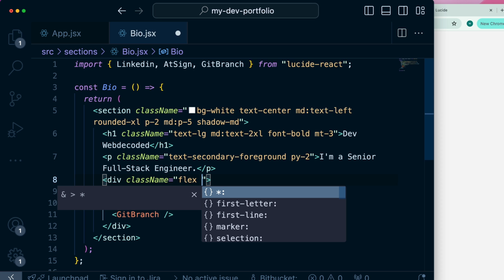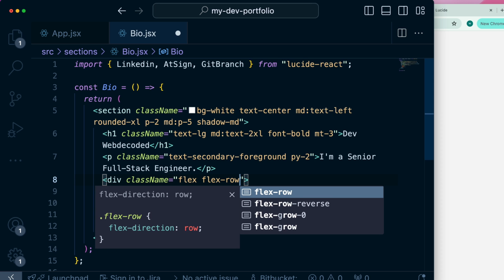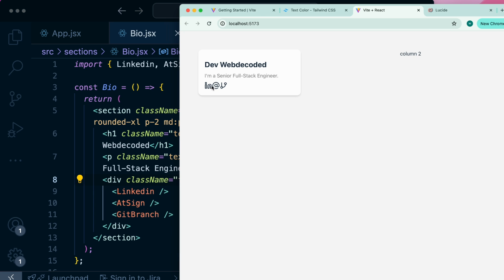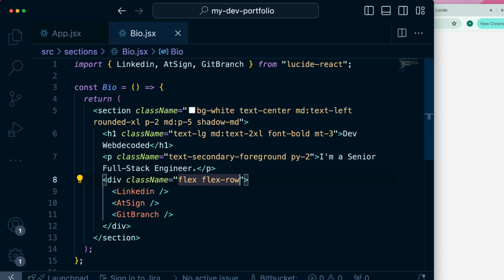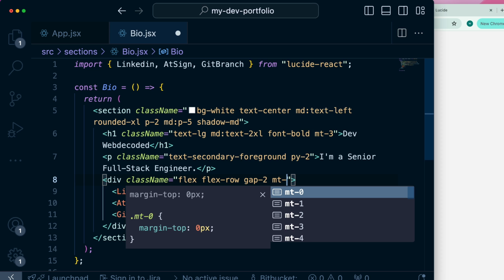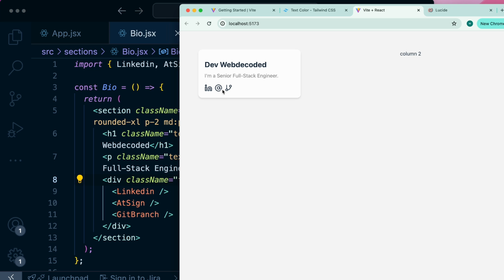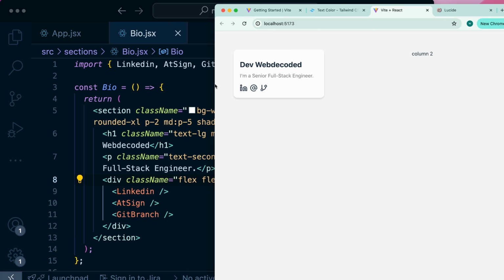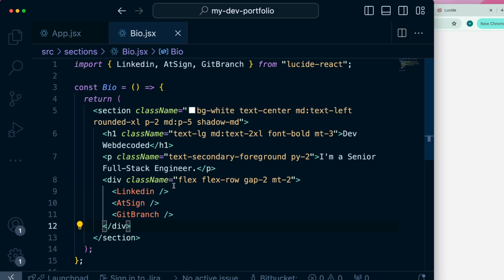And we're gonna do display flex. Flex direction would be row, and that should change the direction, then add some space in between the flex items. That would be using gap, and margin at the top, so we have space also in between the text. Okay, this looks good, and we can apply just as we would do with other components or divs, the class